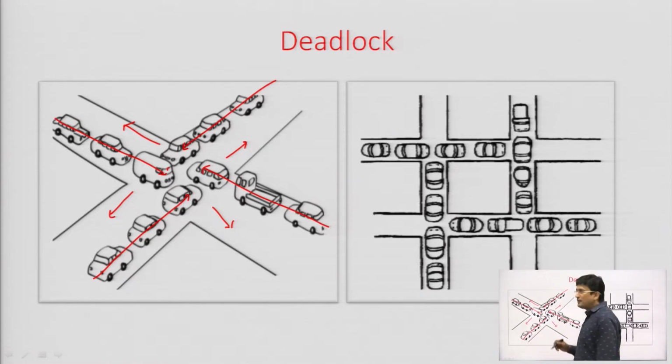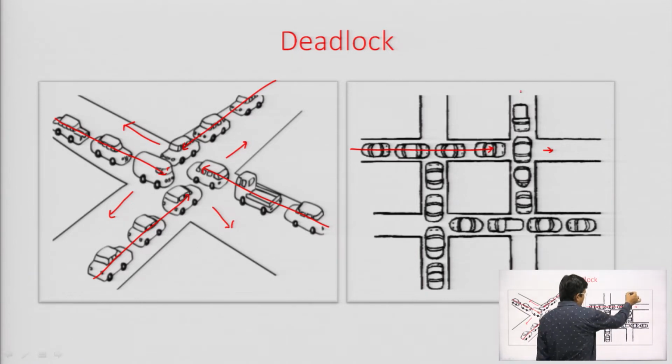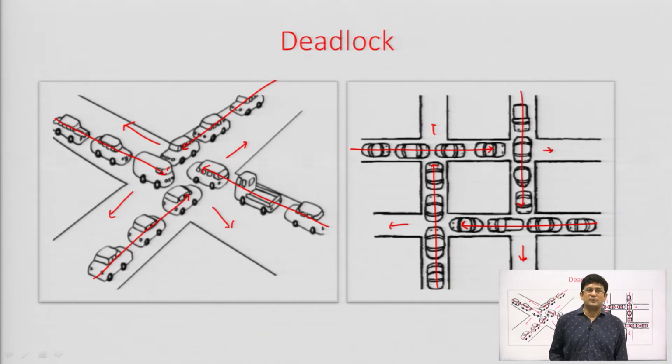Now, the next diagram represents connected four-way crossings. The vehicles are coming from this side and wish to go there, but it does not look like they will move. The vehicles coming from this side want to go there, but it does not look possible. Any movement of these vehicles is not possible, because there is a situation of bottleneck here. So, this is the deadlock, and similar conditions happen in the computer system as well.